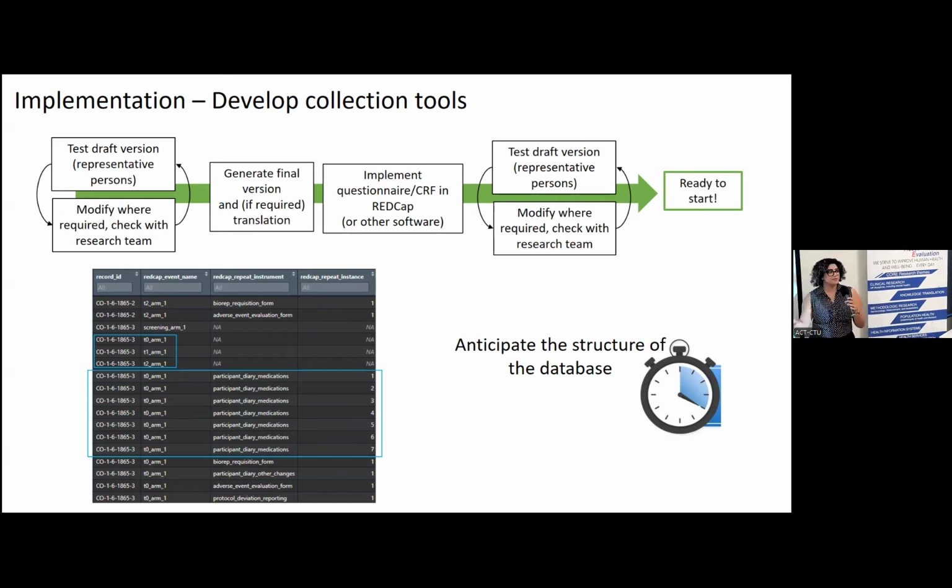So when we did our first extraction, we were surprised to have an empty database. There were a few values, but a bunch of missing, like empty rows and columns, because the way it was programmed was as a repeated measure when it wasn't. But then we had to investigate and see where these missing values came from, and then we figured out that it was REDCap. So now we have a script to deal with that with every extraction, but it absolutely could have been avoided if we did proper testing. So the key message here is